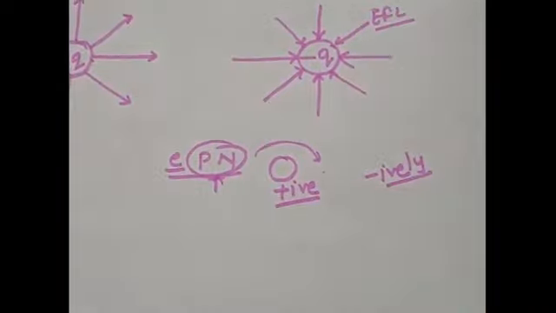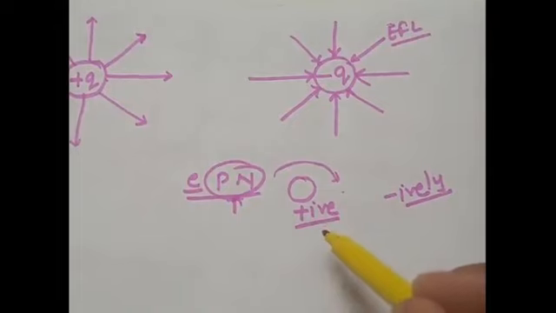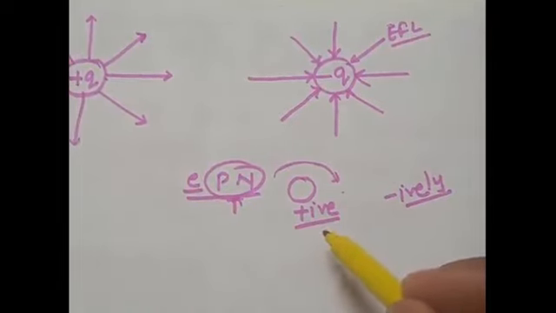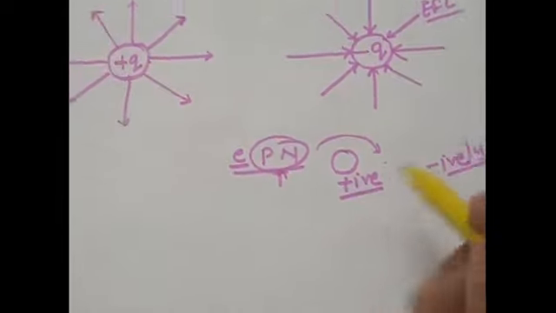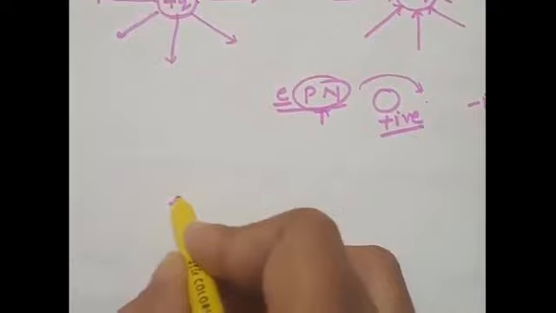So these two kinds of charges, positive charge and negative charge, are there. When we talk about the electric field line, we say that the path a unit positive charge takes when it moves is called an electric field line, which is an imaginary line that can be straight or curved.